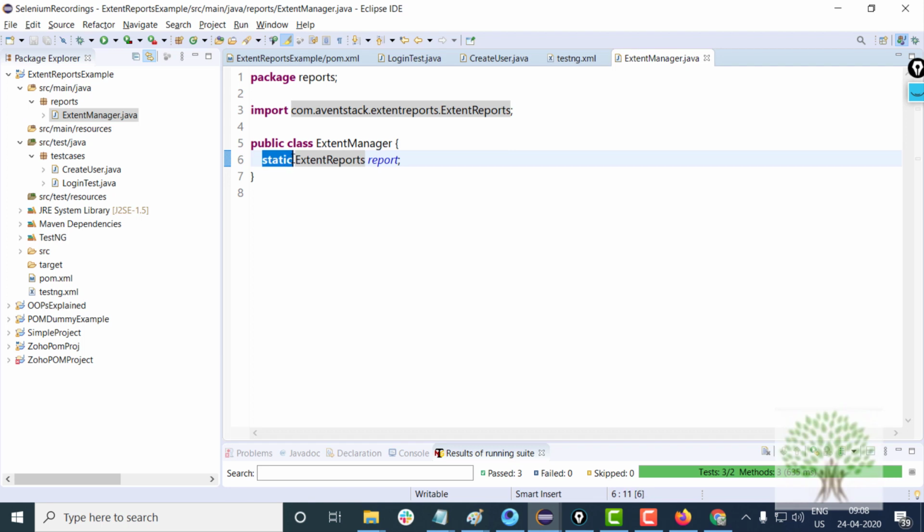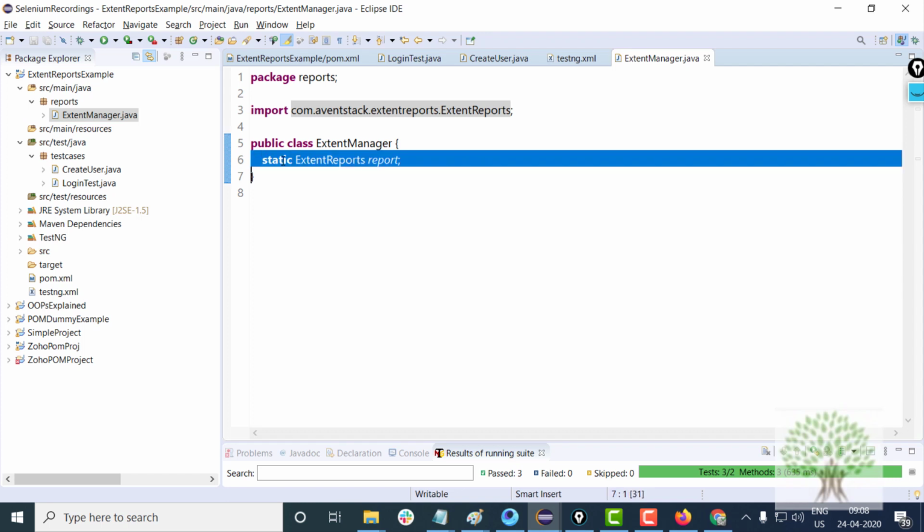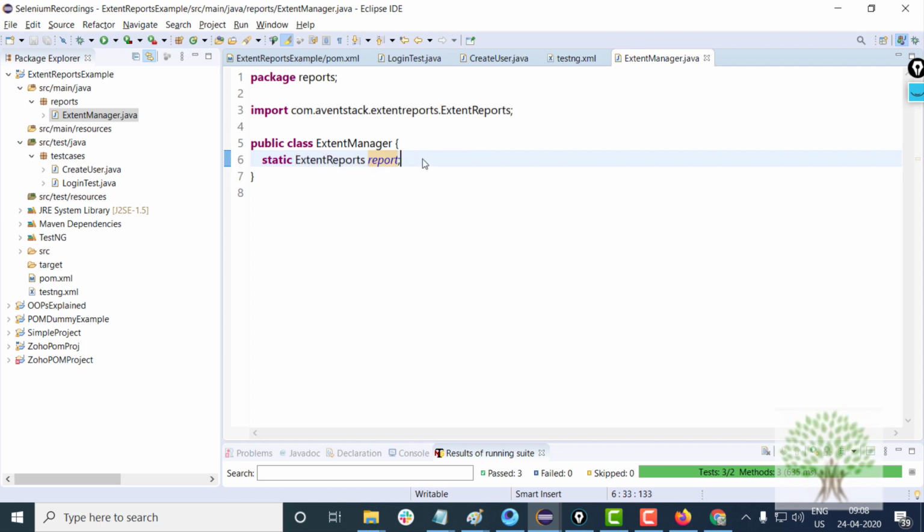I'm making it static because a static variable is not a part of the object. It is common for the whole program. We want the extent reports object to be common for all the test cases. If you don't understand static, please go and watch module number 3 on the website under the free videos section. You can watch it. So this static stuff can be shared with all the objects.